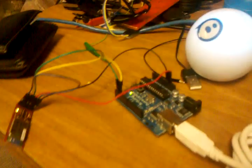So what does that mean? What that means is that the address and the baud rate and all of the different settings needed to connect to the Sphero have been saved into the Bluetooth module. So if we went ahead and unplugged everything, did a power cycle,